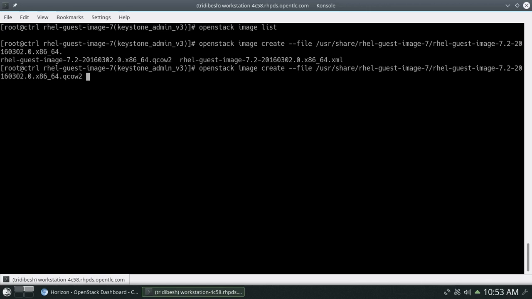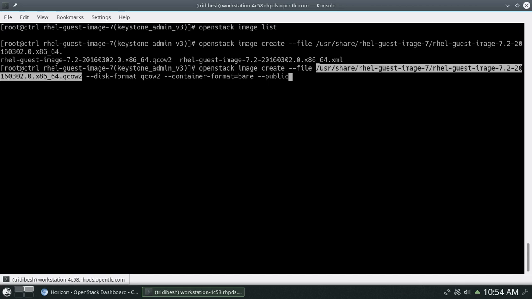So this is the file name, then --disk-format equals qcow2, because you can see here that the image is in QCOW2 format, so for that we are giving the disk format as QCOW2, and then --container-format is bare, and we are making it public. Once you are done with this, then you give the name, RHEL7_image.